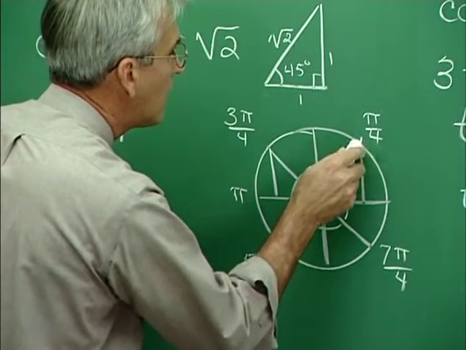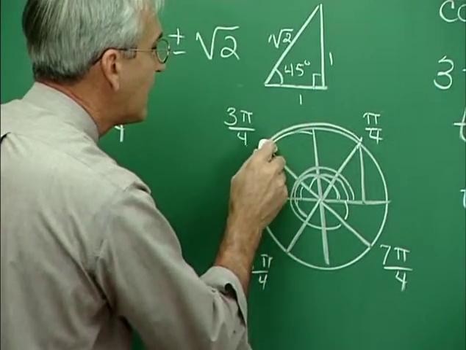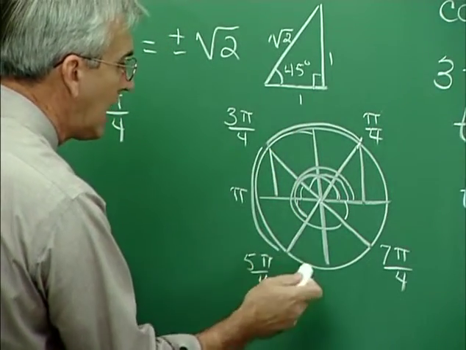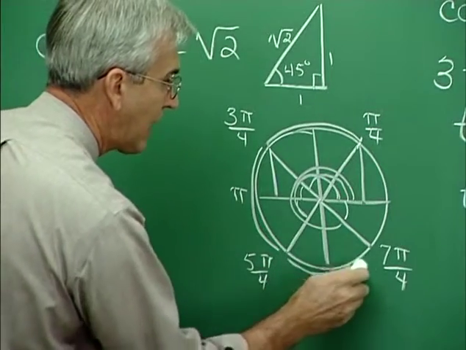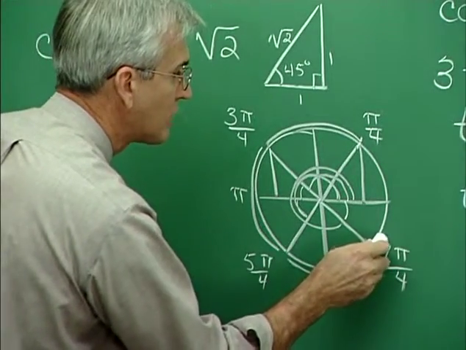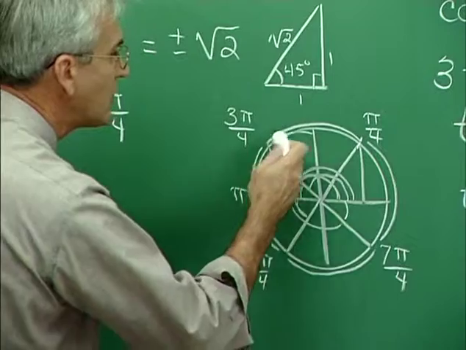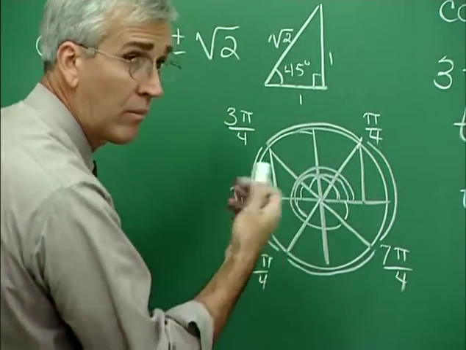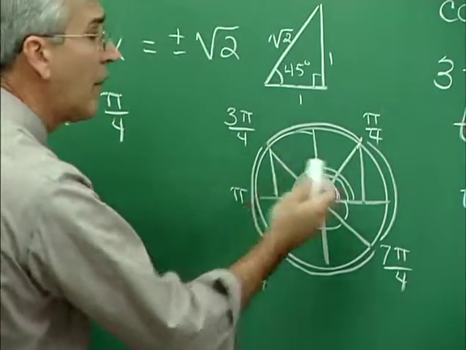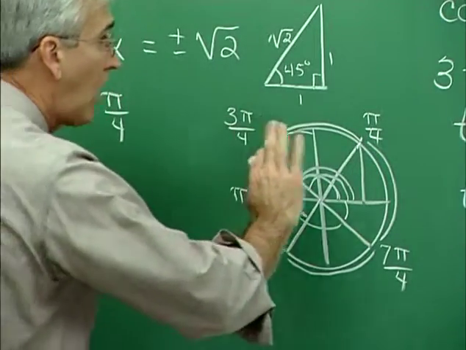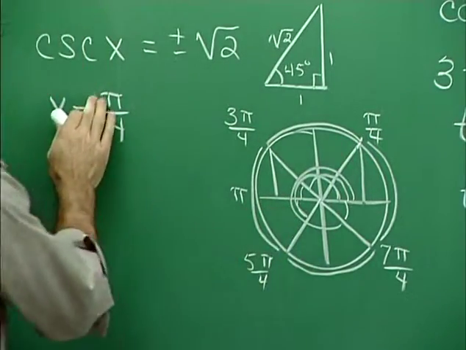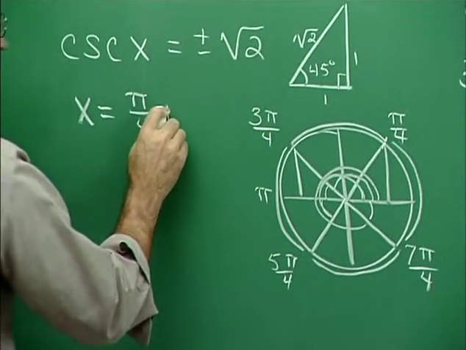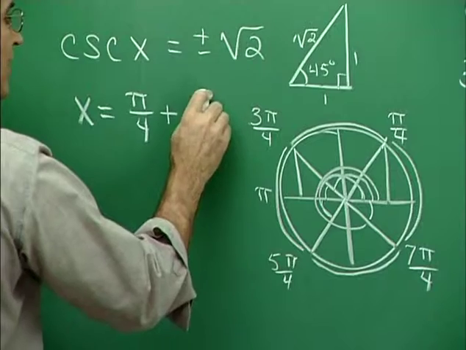from this one to this one is exactly the same as from this one to that one, and the distance from this one to that one, and then the distance from this one to that one. You see, these are exactly 90 degrees, or pi over 2, from one another. And so I can give all of the answers by just saying, all right, I'll take that first one, the pi over 4, and all I need to do is add n number of